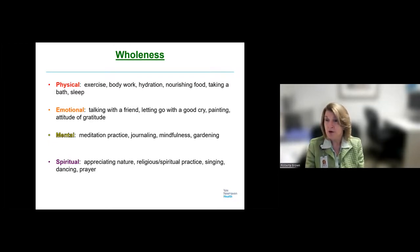So it's good for both of us, to the one that's receiving, listening to the friend, and the one who's talking. And then letting go with a good cry. Nothing like having that to feel better and have hope. Painting, having that attitude of gratitude that I mentioned. And then mental. We all know and hear every day how important having that quiet time, that quiet meditation practice, that mindful awareness of what we're doing and how we're doing. I've already mentioned the journaling, gardening,